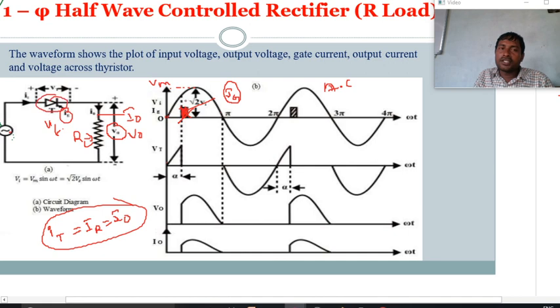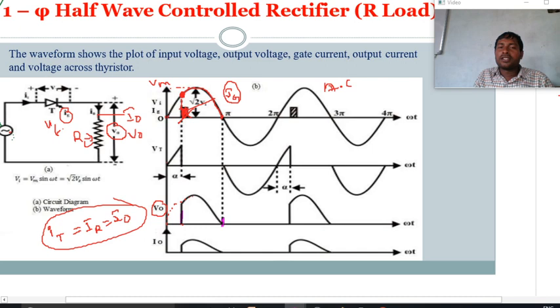From this onwards, the thyristor will allow the current, up to 180 degrees only. So that will be shown here, the output voltage will be turned on. Actually this is the AC waveform, and you are giving the gate pulse here, so that it will turn on here and continuously stay on up to 180 degrees.